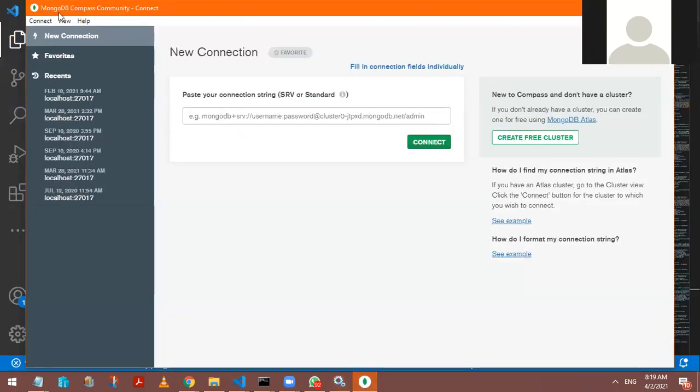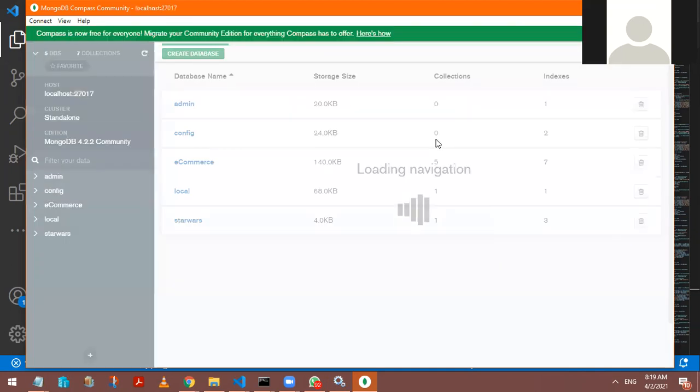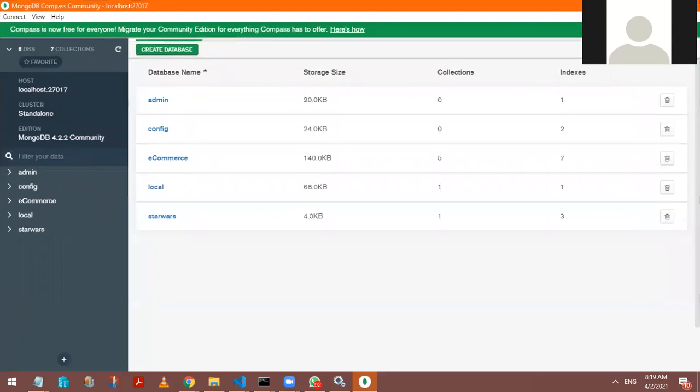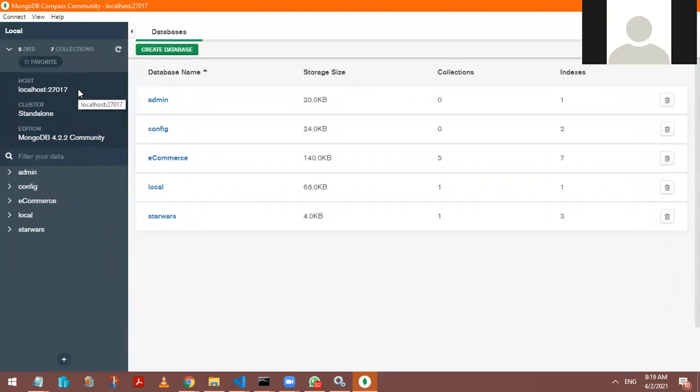So I'm using the MongoDB Compass community tool, which will help me to connect to my MongoDB database. You can see recent activities while connected with the MongoDB server. So my MongoDB server is running on port number 27017. Okay, no? So if I could access it, I get the information. What is that information I'm getting inside this area? You have the MongoDB server running on localhost 27017. Okay, and inside this area it's a standalone. There's only one particular MongoDB server running.